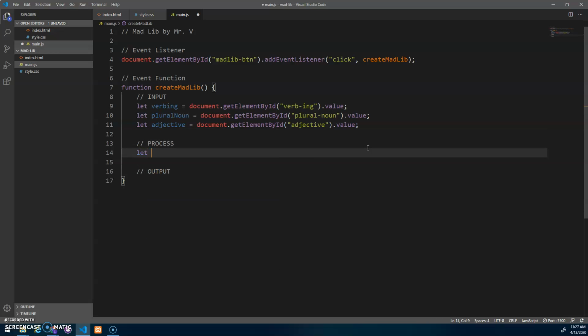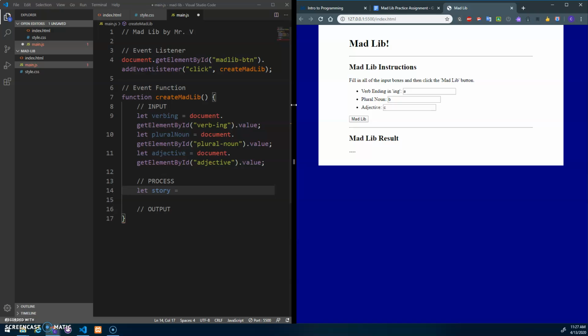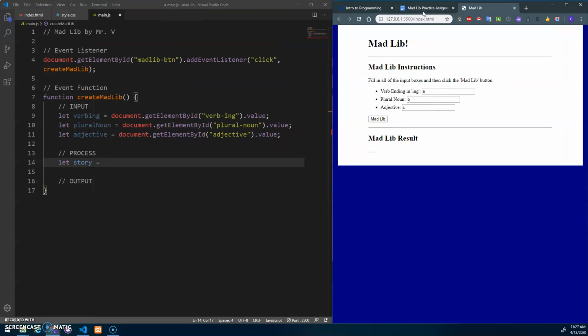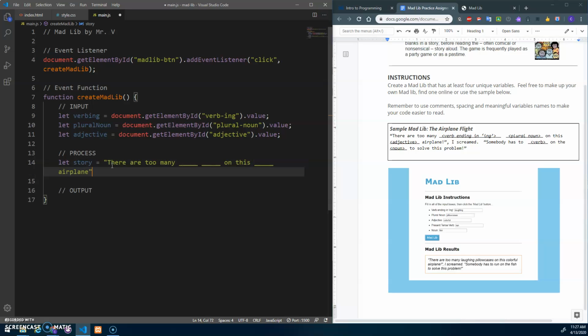My process is I'm going to create a variable called story, and I'm going to basically just add a bunch of strings together. Okay, and I forget what the story is, so I'm just going to open this up like that. Why don't we do this? I'm going to hide this. Should have done this earlier. Okay, so my story is this. There are too many blank on this blank airplane. Exclamation mark,